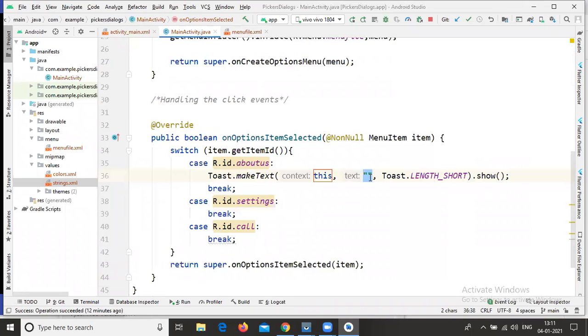If you write like this, About Us, it is a static manner, but I don't want to do it like this. I'm getting it the dynamic way.